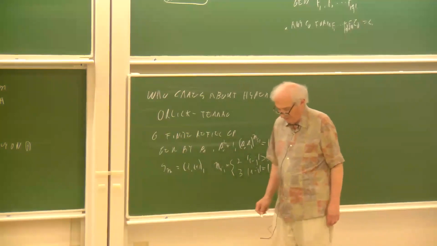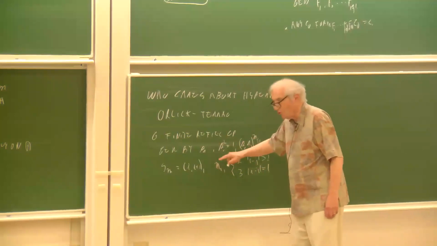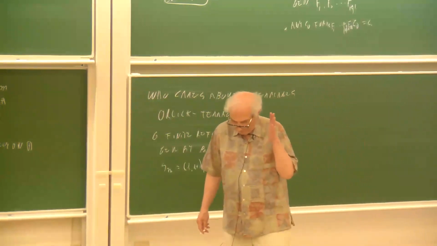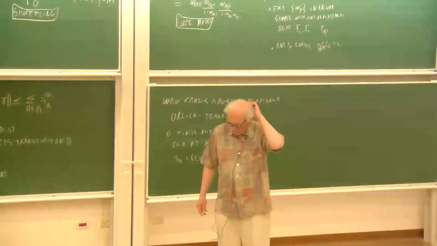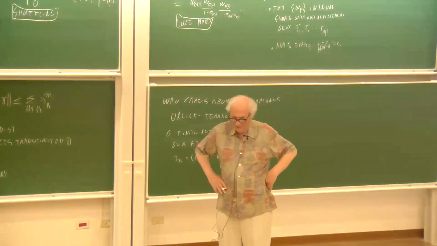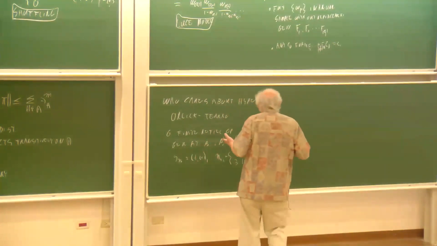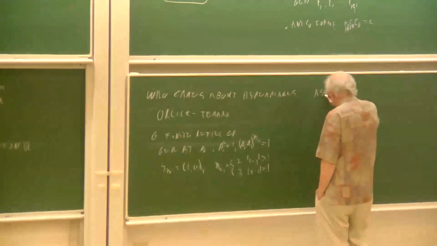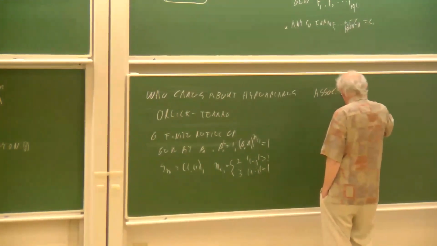And so these are called type A. What Aguiar and Mahajan did is they made analogs of all the basic notions of algebra: associative, commutative, Lie,